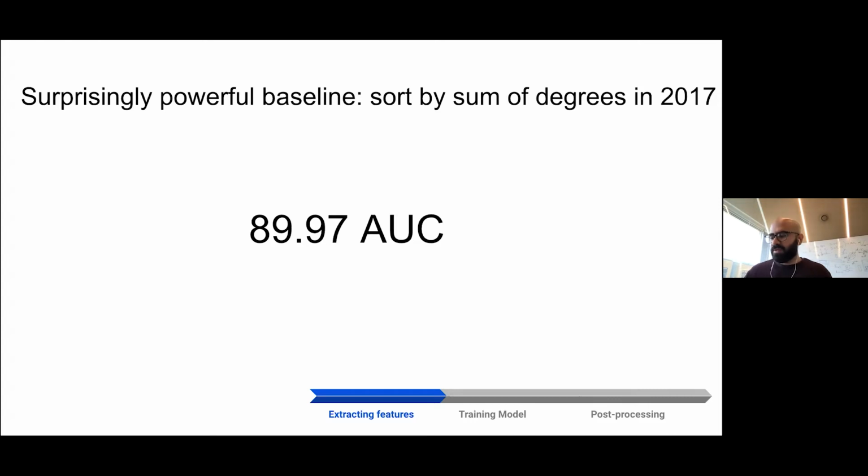So we started working on solutions using graph neural networks developed for dynamic graphs, and we couldn't get anywhere close to the baseline of the website. We couldn't beat it. The moment of epiphany came when we found a surprisingly powerful baseline.